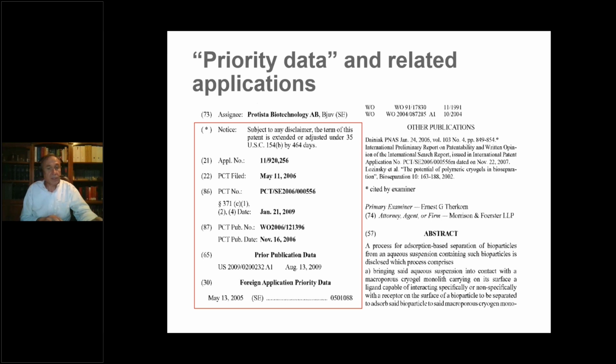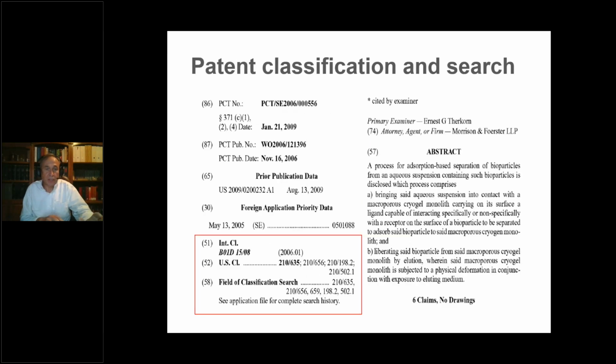Following that, there's a section called patent classification and search. So we're all familiar with keyword searches. Well, the patent office has a number of boxes. So when a patent application comes in, they say, okay, it belongs in this box, and it also belongs in that box, and it's related to that box. And then they put all the box numbers here, so that the US has a system, Europe has a system, the PCT, which is the World Patent Cooperation Treaty, the World Patent Office has a system. And you can find a lot of information by learning to search on these codes. Just ask Mr. Google how to do it.